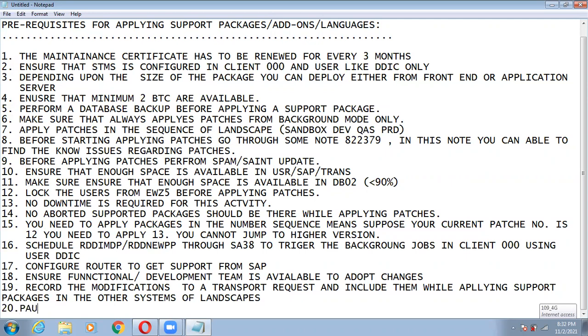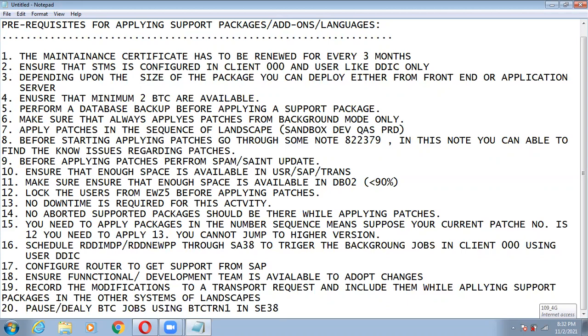Yeah. Next one, pause or delay BTC jobs. You need to pause or delay the BTC jobs using report BTCTRNS1 in SE38.